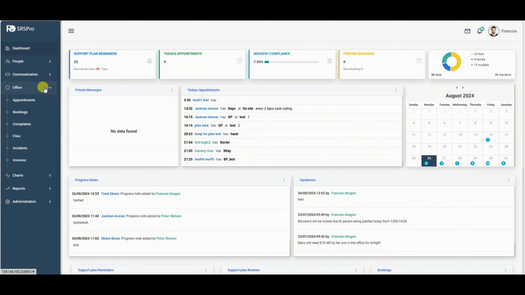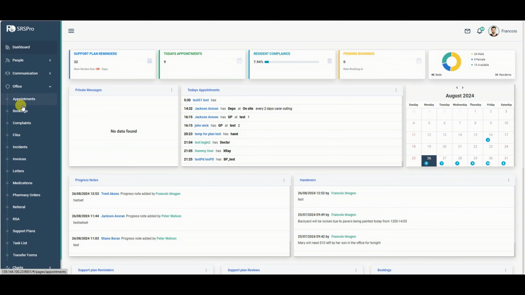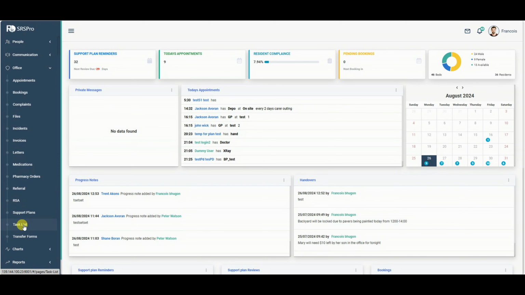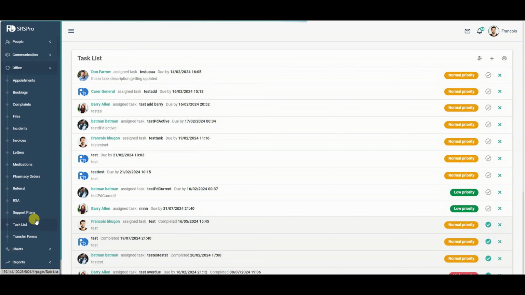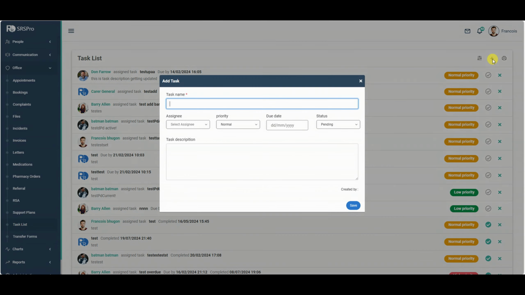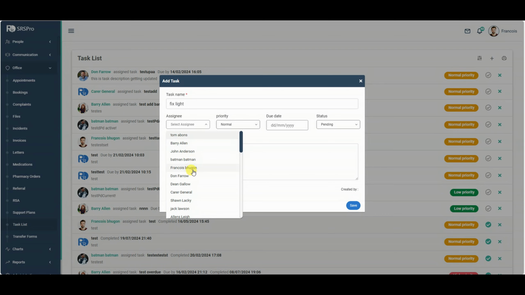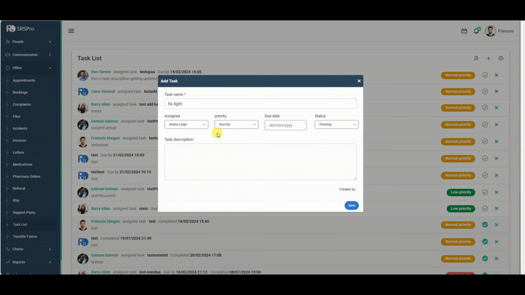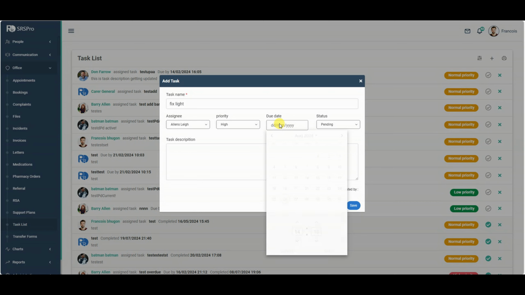Next we've got task lists that you can find under Office, task lists here. Basically this will just be a straightforward task list that you can prioritize, and you can assign to a staff member if you've got somebody in charge of maintenance, or if it's just a task that's to do with another staff member. You can set the priority, you can set a due date,